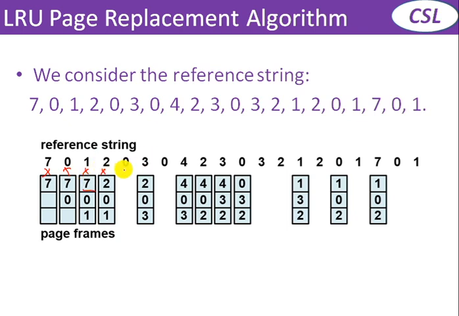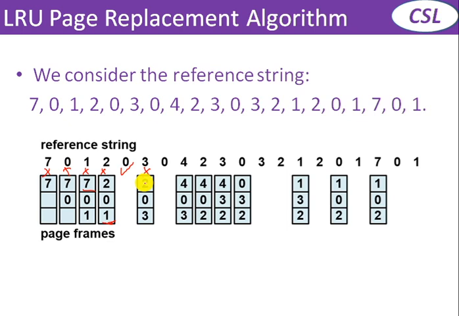The next request is page number 0. The available page frames are 2, 0, 1. 0 is available, so this is called a hit. Next is 3. Available are 2, 0, 1. Among these, 0 was used most recently, before 0 was 2, and before 2 was 1. So 1 is the LRU, least recently used. Remove 1 and replace it with 3. This is also a miss.